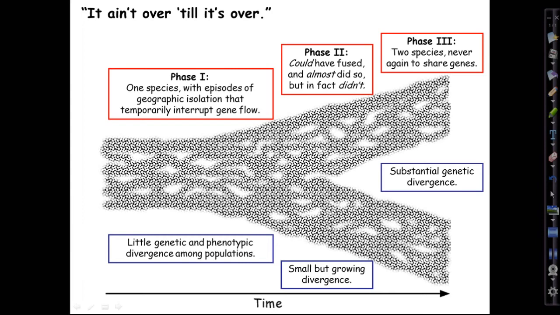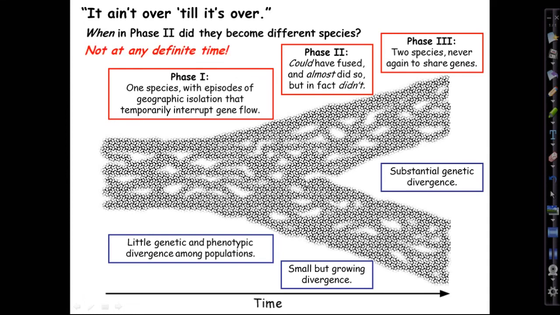But if you were on the ground in there, you wouldn't have been able to make a case that that's what's going to happen. So there was never any time in phase two when they distinctly became different species, no definite time that it happened. And so we are fools on this view, which I'm sympathetic to. We're fools to insist that there should be some definite date, some switch point where it stopped being one and